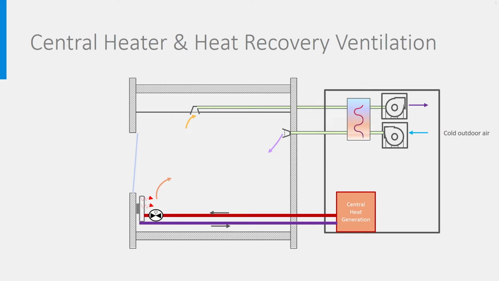In more modern systems, there is a mechanical exhaust and supply ventilation system with a heat recovery heat exchanger between the supply and the return. This is a kind of basic air handling unit. The preheated air is supplied to the room where it is further heated by the radiator. In general, there are also some possibilities to adjust the airflow rates. See the damper here in the return pipe of the air above. There is also a bypass.